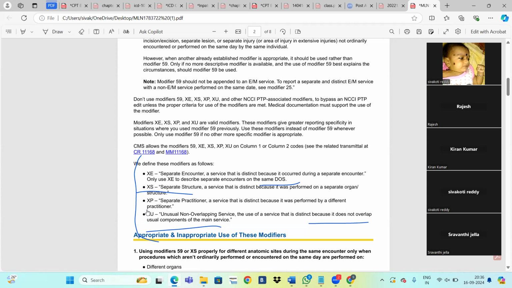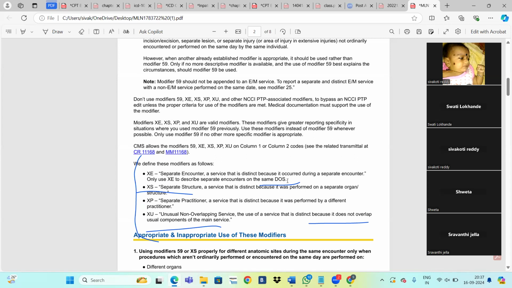So what is the meaning of XE? Separate encounter, to describe separate encounters on the same DOS. DOS means date of service. So on the same date of service, if they had two separate encounters, like morning and evening, two different encounters in the day,